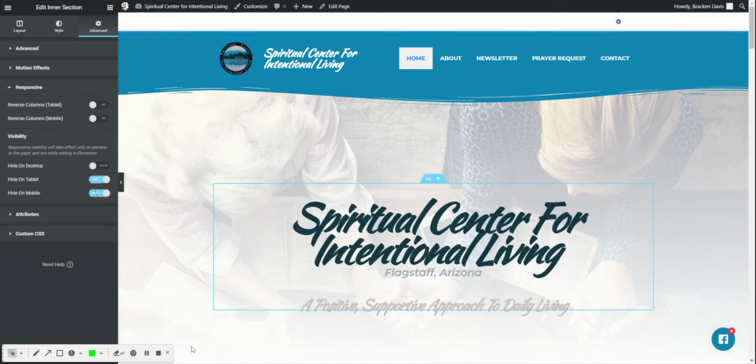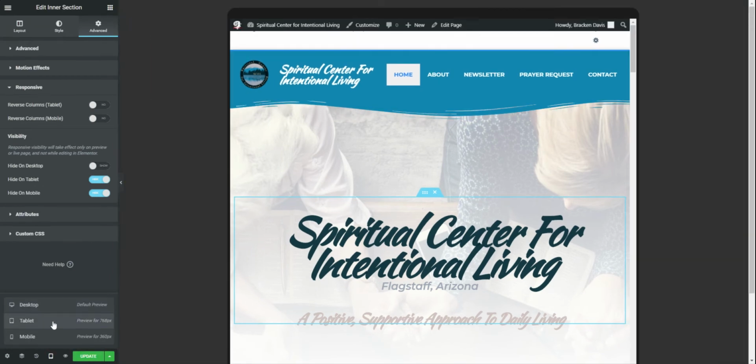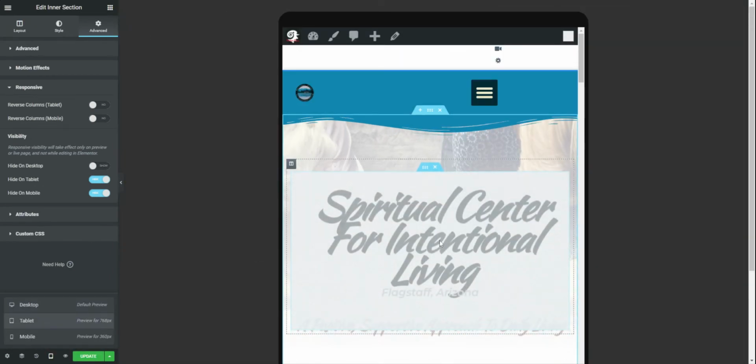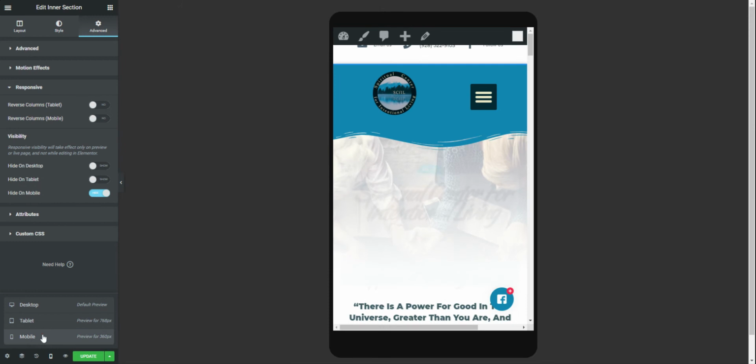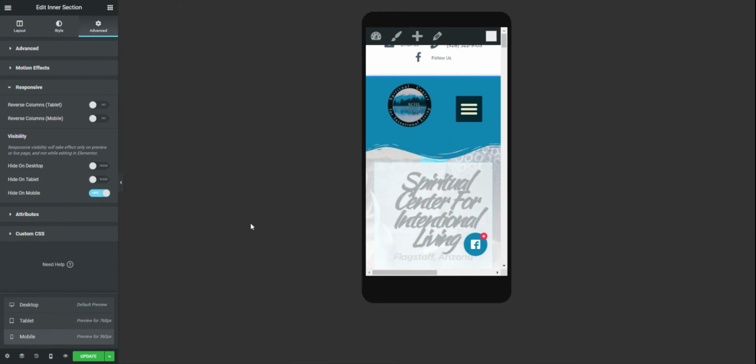If I were to do this, oops, I can't see my other buttons here. Let's close that guy. There we are. And then look at it in our tablet mode. It grays out because I have it hidden on tablet, but now it's visible to tablet. If I go to mobile, grayed out again. But what I did is instead